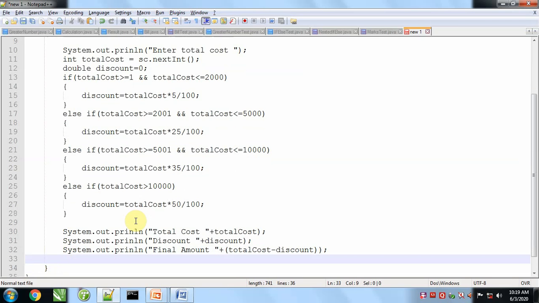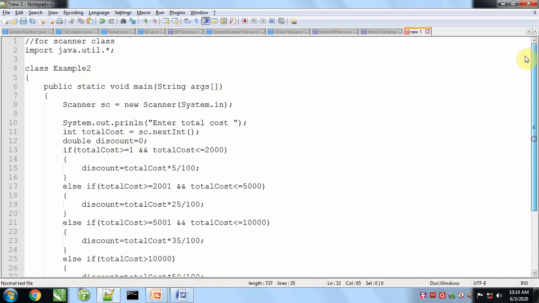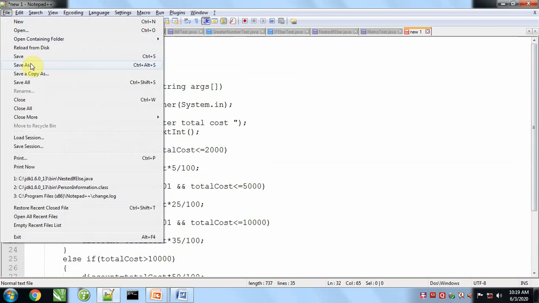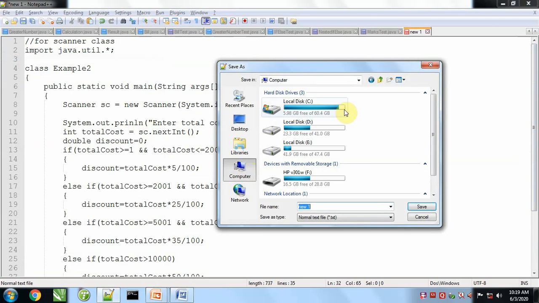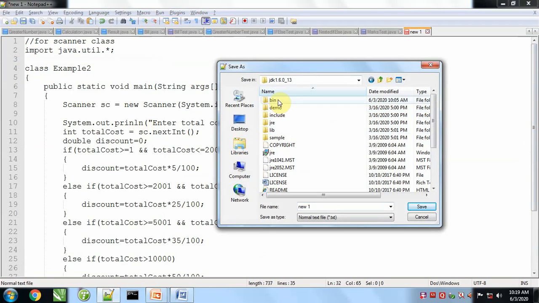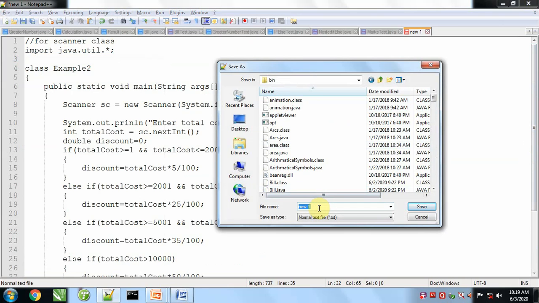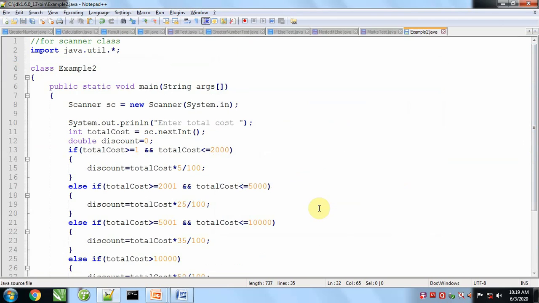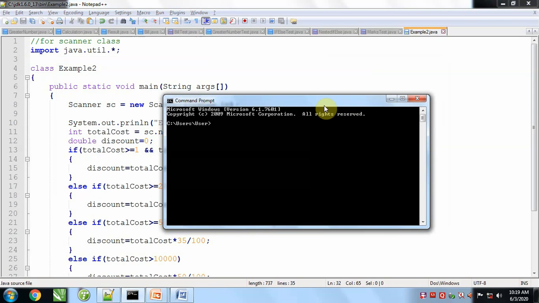Now first of all we will save this program. Go to File, Save, My Computer, C drive, JDK bin folder, Example2. We have to save the Java program with the class name. It is compulsory.